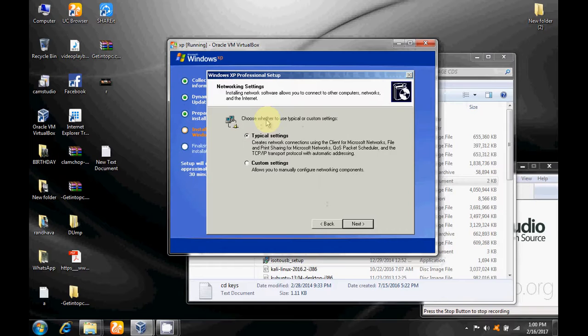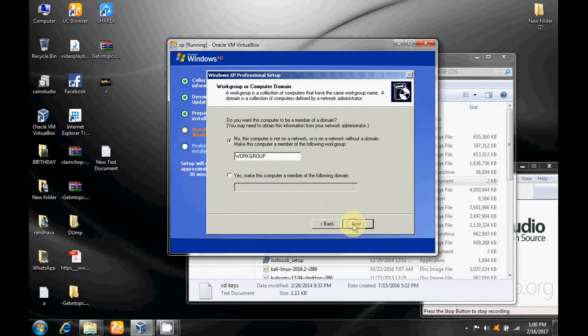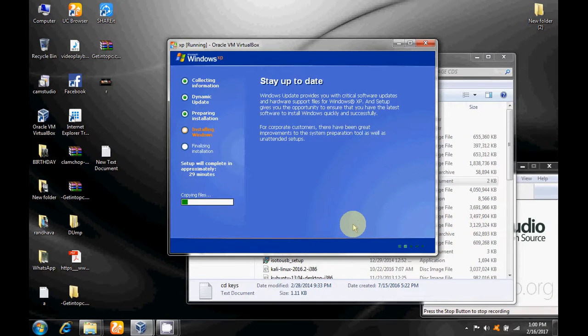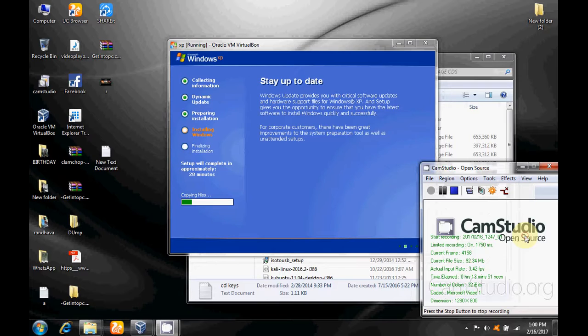You can see the display settings. To improve the appearance of visual elements, Windows will automatically adjust your screen resolution. Okay. This will take the resolution of your computer itself.